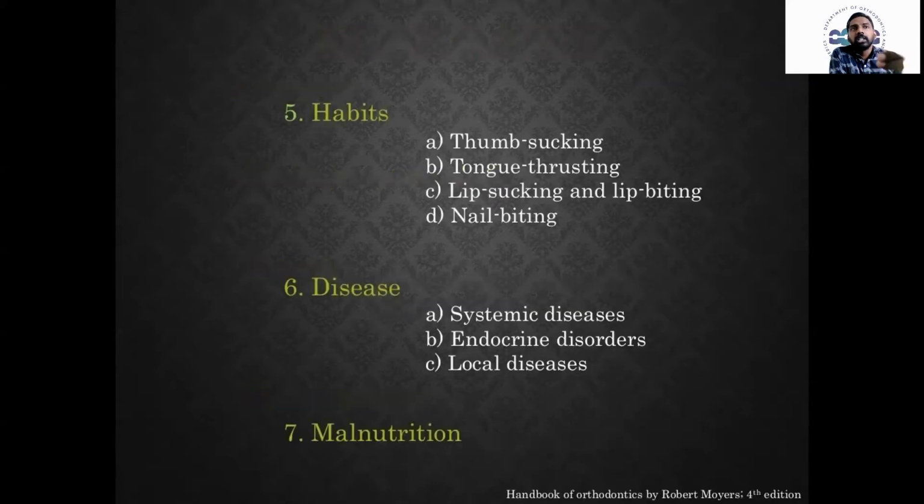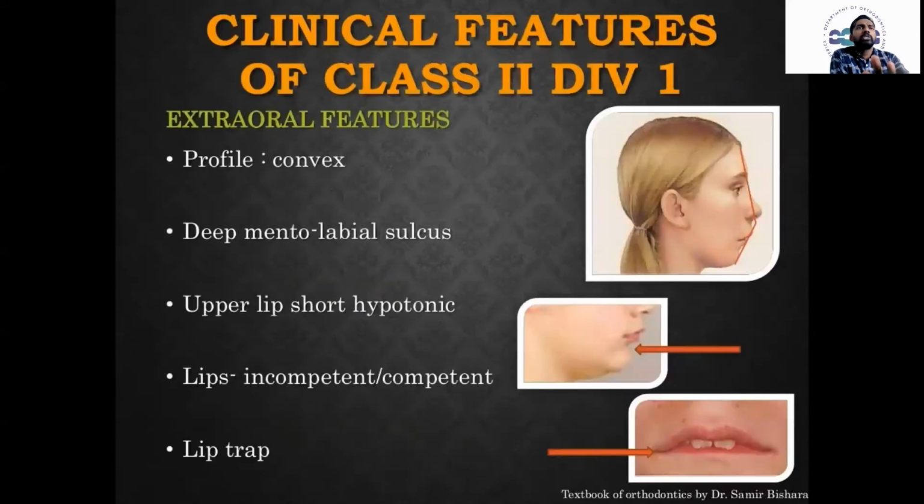Habits such as thumb sucking, tongue thrusting, nail biting, and systemic diseases, malnutrition, various causes. Let's come into detail into the clinical features. How can we identify if a patient comes to the clinic? We can identify whether this patient has a class 2 relationship or a class 1 relationship. What are the clinical features of class 2 div 1, which is the most common among